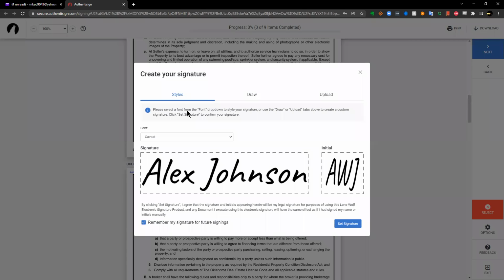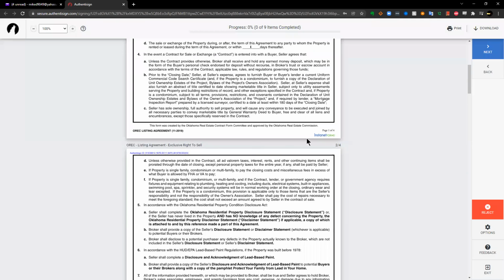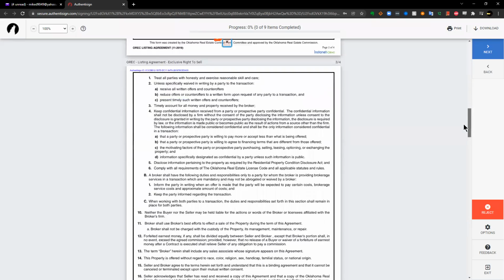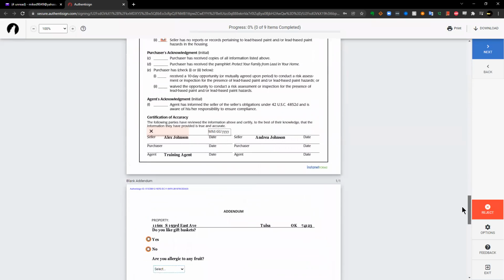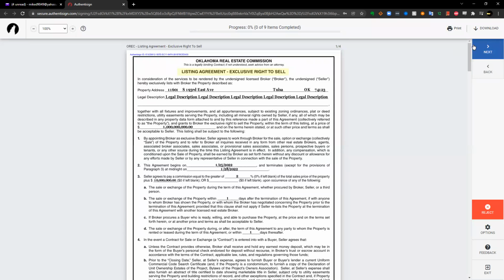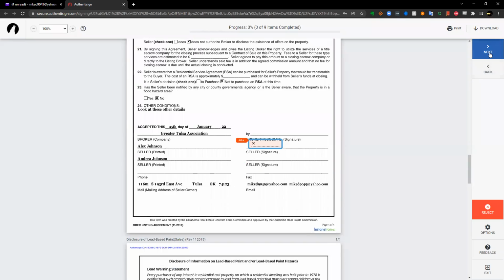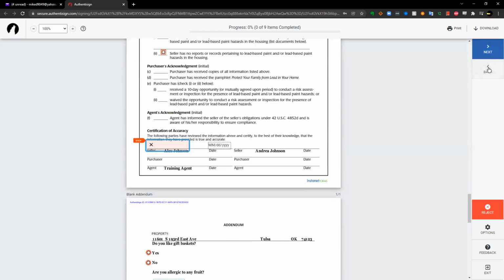Thank you. All right. So whenever we got into the signing, it didn't give us the same option that we used to have to deal with whenever we were dealing with the older version of the signing process, where it's asking you a few questions before you even get into the signing process. This one allows you guys to just go through, start reading the information and so on. And there's a start button up at the top right corner. Now, when you click next, it's going to bring you to the page that has the first signing block on, and you can move between them by using next, back, and so on and so forth.